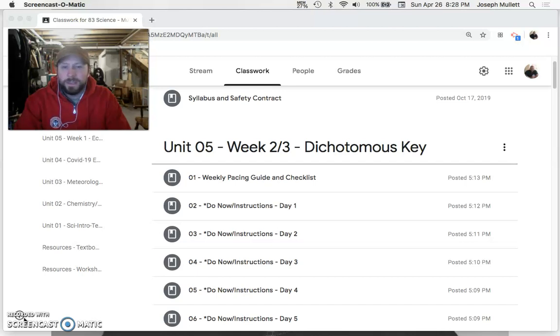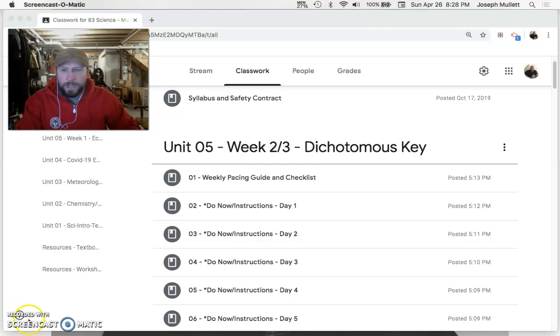This is going to be a 2 week setup of tasks here. You'll notice that this work probably could be done in a week and a half, but because we've added a few additional things like Kahoots and Jognogs, we are extending it for the full 2 weeks. This will be week 2 and 3 of the remote learning experience, and we're going to continue in our ecology evolution unit with dichotomous keys and work off of that major topic,